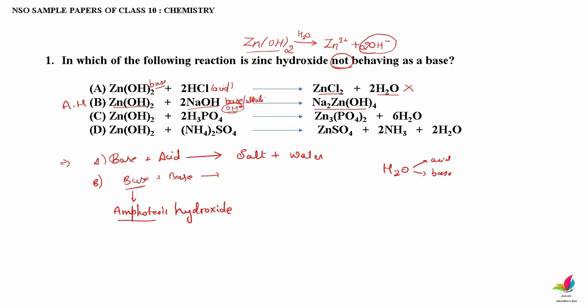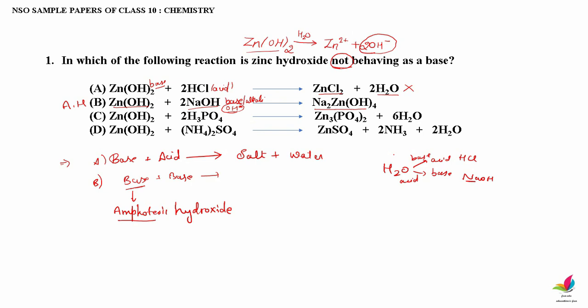For example, if water reacts with hydrochloric acid, then water will behave as a base. So with hydrochloric acid, water behaves as a base. Suppose you treat water with sodium hydroxide, then water behaves as an acid. So depending upon the substance with which you react the water, it will behave as a base or acid. If you react with an acid, it will react as a base. If you react with a base, it will act as an acid. So depending upon the medium, its nature will change. That is called amphoteric nature.